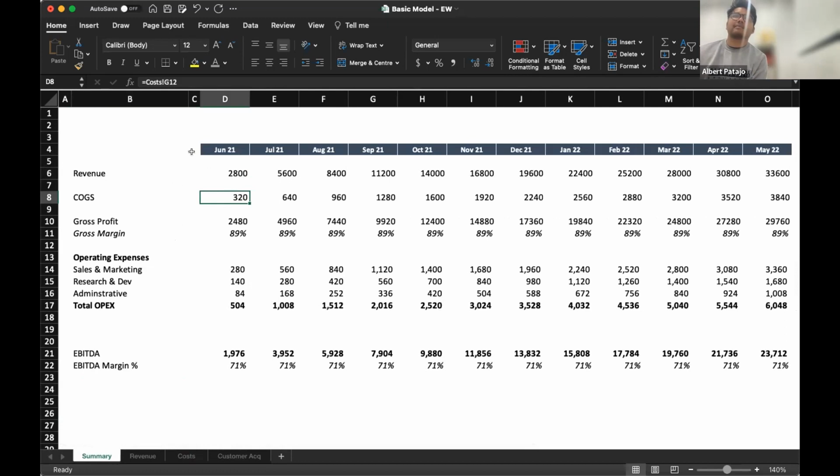Having a summary page like this means you can focus discussion on one page without having to take someone who might not understand the model through all the calculations page by page. And that is it. Any questions?